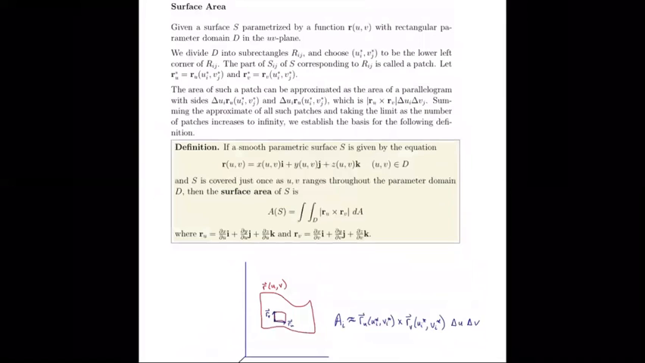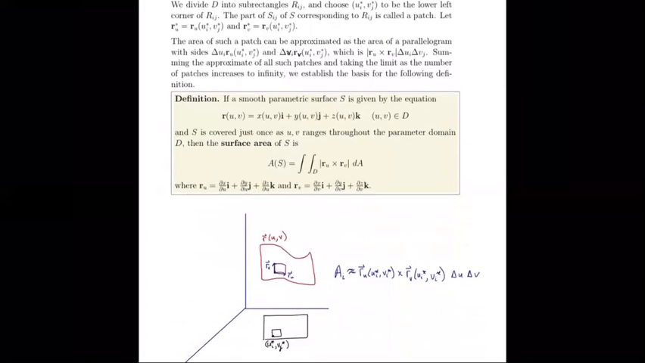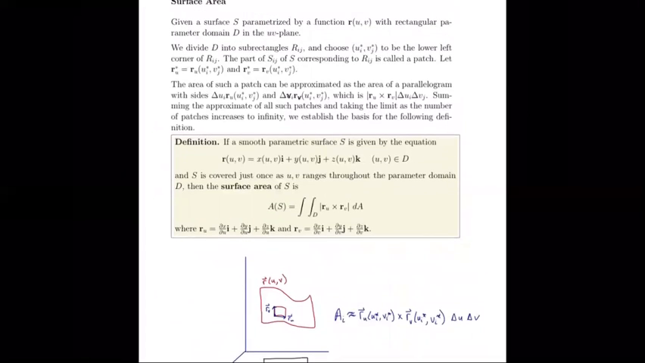Okay, and actually, again, delta v and r sub v. So working forward from here, we know that this would be the area approximately, and then we take the sum of